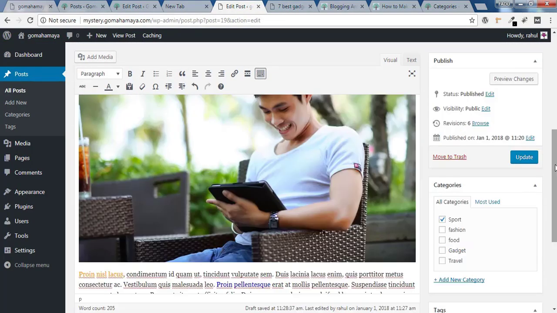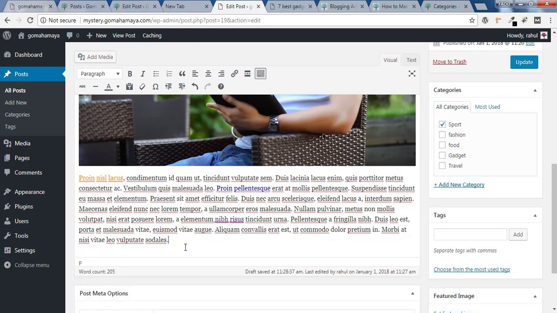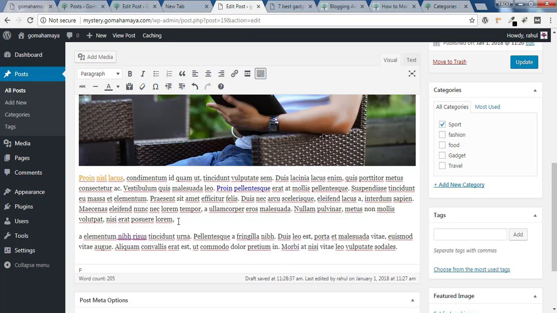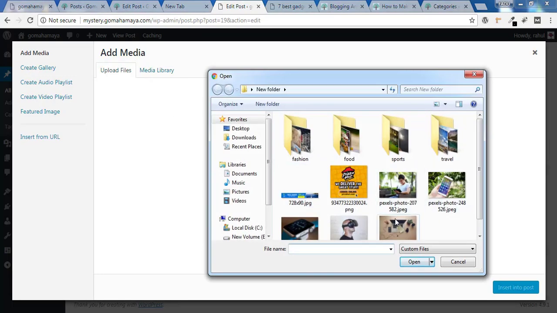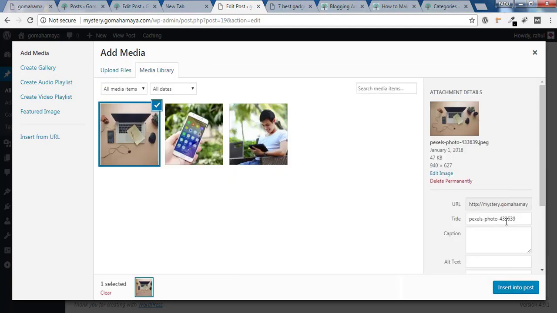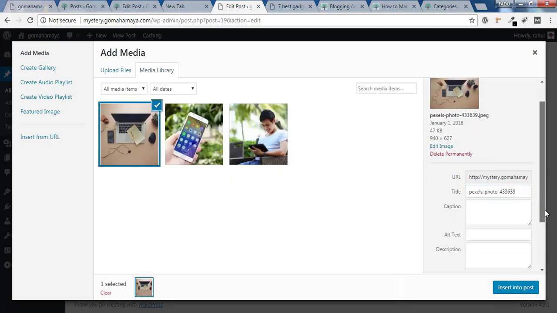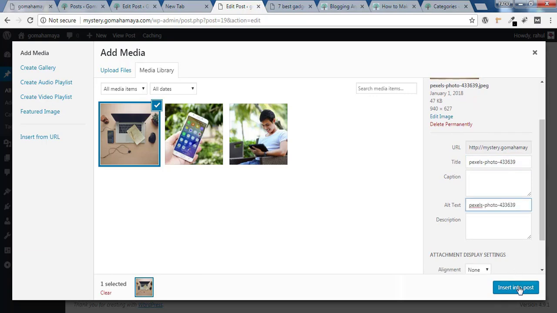What if I want to add images inside our website, where half part is the image and half part is text? We have already added some text in this area. So I'll press enter here, and say I want some images in this area. My cursor should be here. I'll click on add media files and click on upload. Select the file, whatever image you want to upload, and click on open. In the title you can write a title which is related to laptop, and you can paste it in this area and say